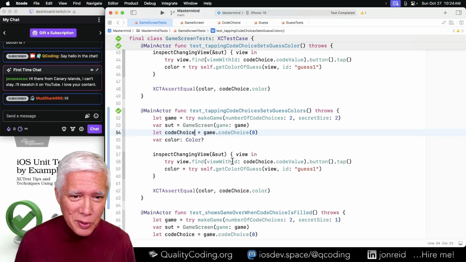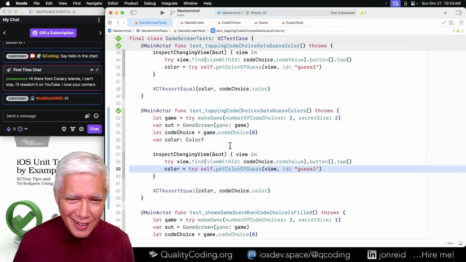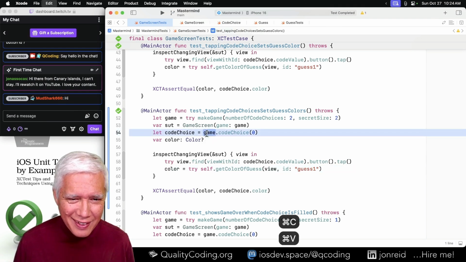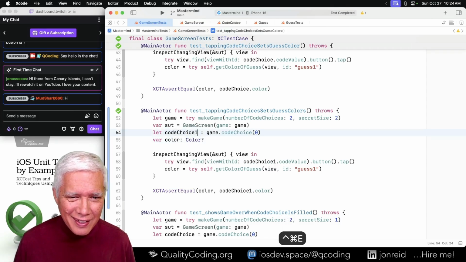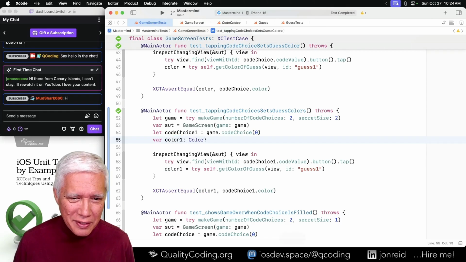Do we want code choice 1? We have guess 1. I'll just use the human indices rather than 0 indices. We can change our minds later.